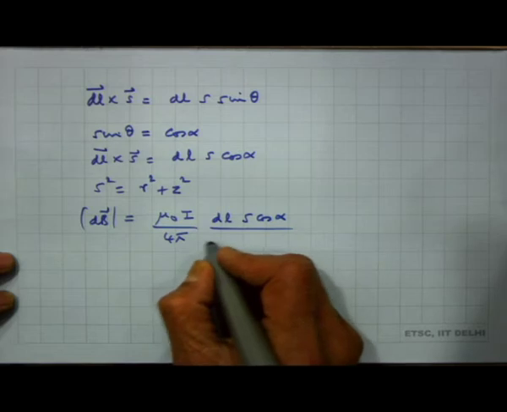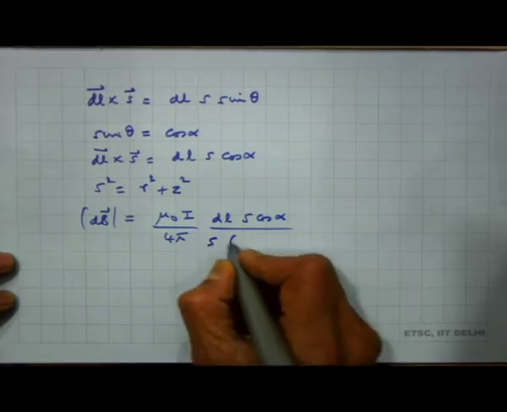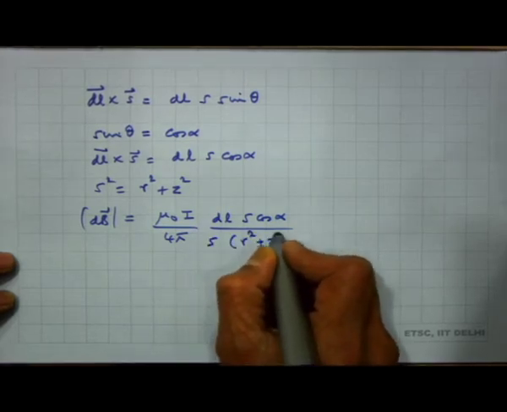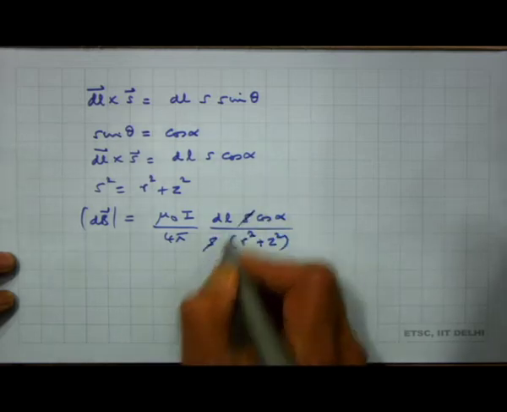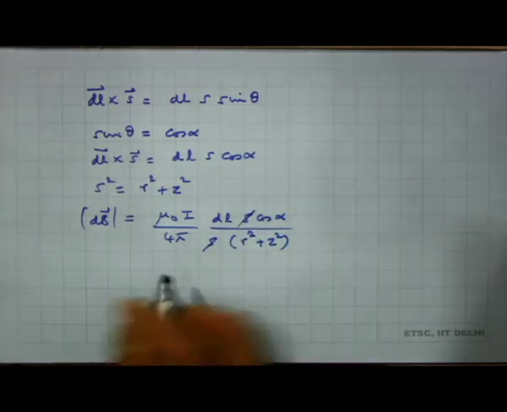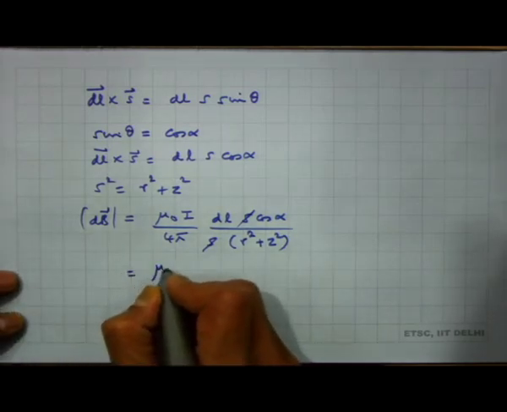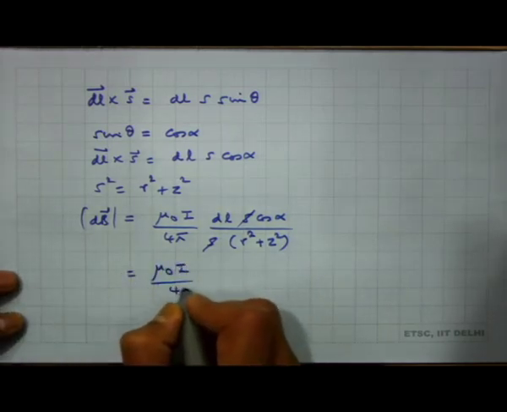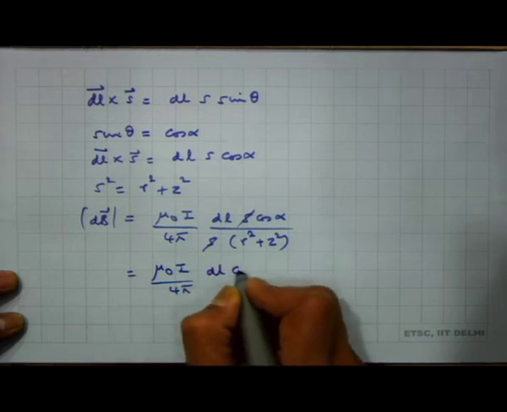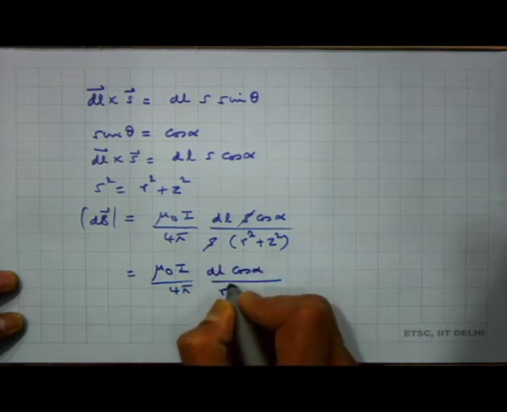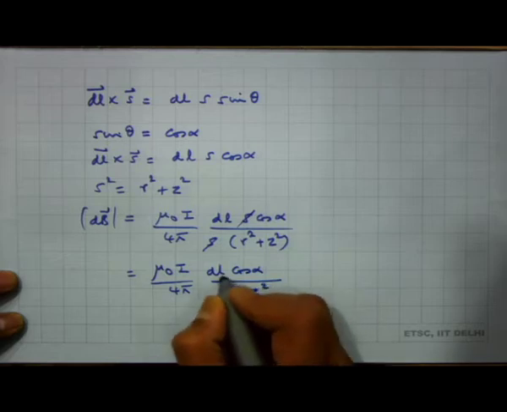So, I leave one s and the remaining I write as r square plus z square. So, this s cancels off and I have essentially mu naught I by 4 pi dl cos alpha by r square plus z square,